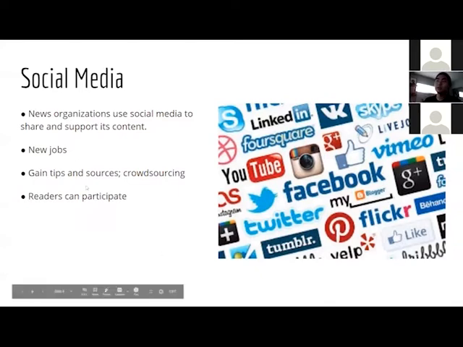So what's good about it? It's crowdsourcing. You learn information through groups of people, and the readers can actually participate. That's the newest thing. In the past, if a news program was on TV, you might talk to the TV, but no one's listening. But now on any video clip, on any story, you could reply, you could comment, you could interact. They might not respond to you, but you're putting your voice into the world. Readers can actually participate now.